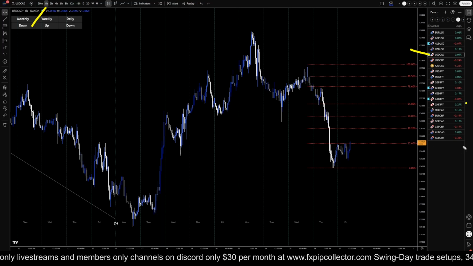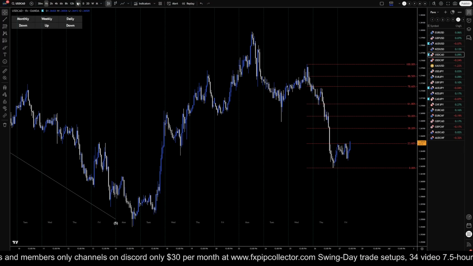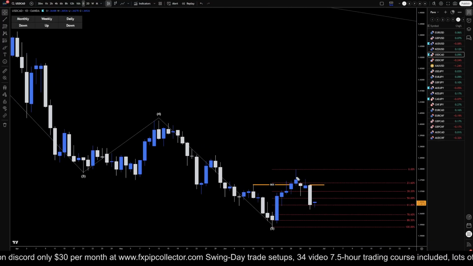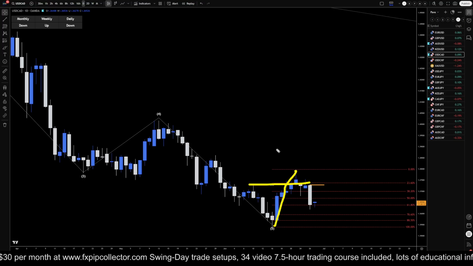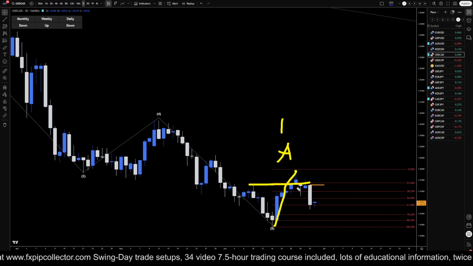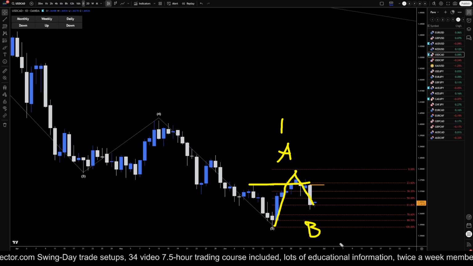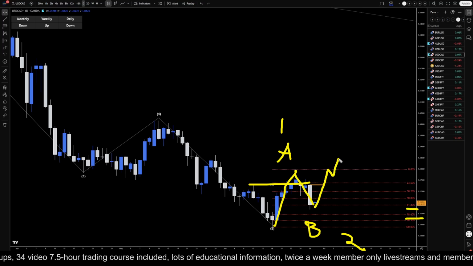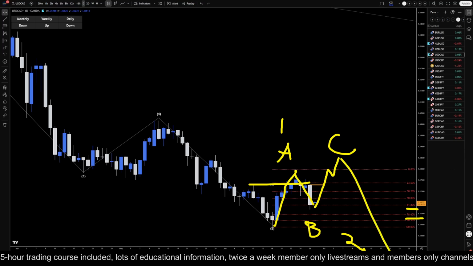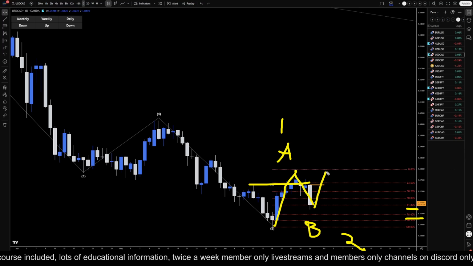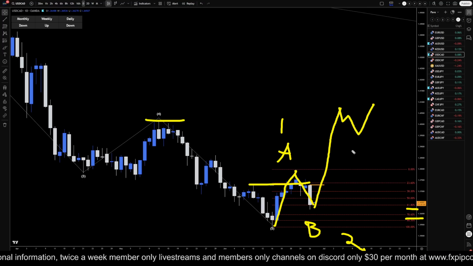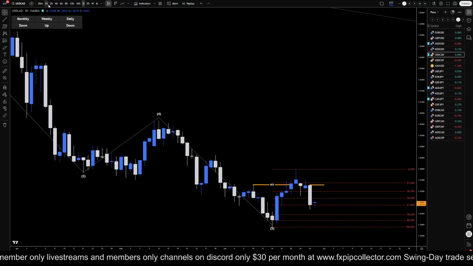So, on the US dollar Canadian, I've been saying for the last couple of days, if we go up to the daily time frame, and we zoom back in a little bit, this definitely could be impulsive up, break a structure like either a wave A or a wave 1. This could be a pullback, either wave B or wave 2. We could bounce off one of these fib levels and continue up for either a wave C, which would look like this, and then continue down, or it could even make a wave 3, which would potentially go up and take out the high of wave 4, and then make like a wave 4 and 5 like that. So we definitely could get a pretty significant turn.